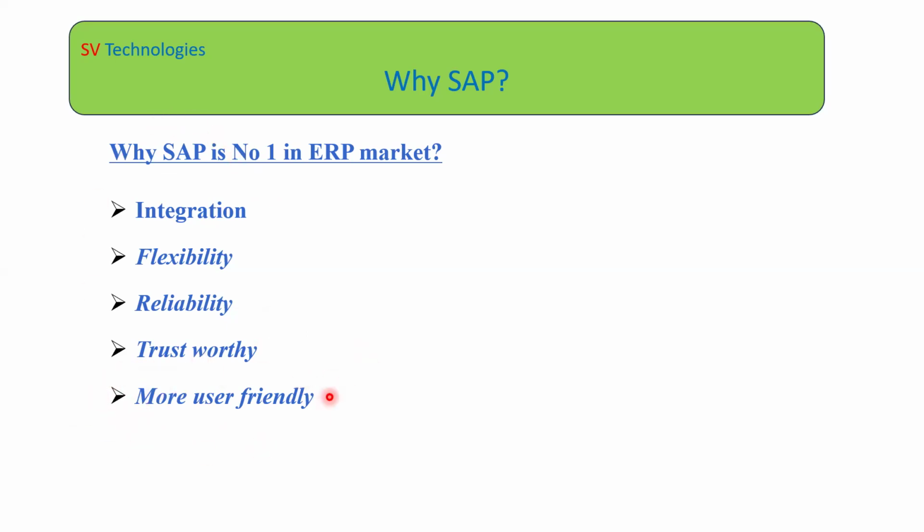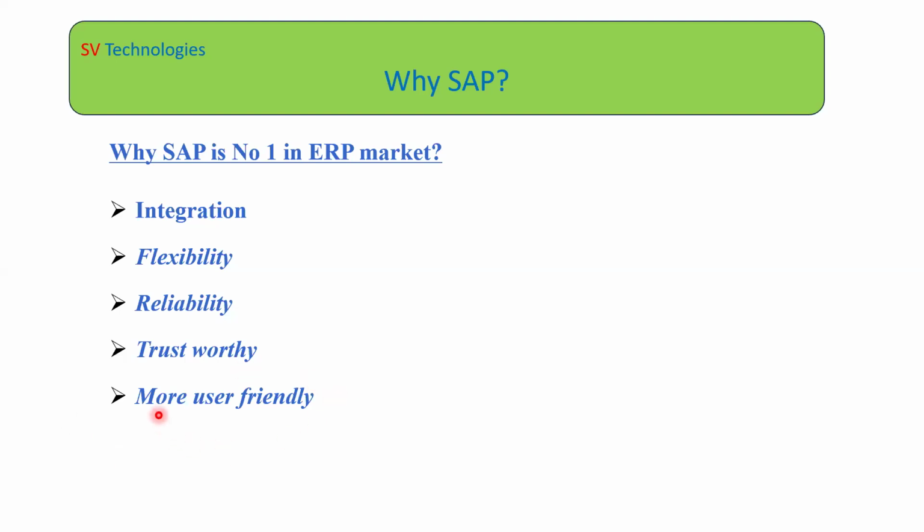Because of that reason, what will happen? If the user is comfortable working in any of the ERP systems like SAP, then they will show their interest to work on the SAP system, I mean the ERP system. Once they are comfortable with the system, they will start working and provide their inputs and whatever requirements they have. That is the major thing. For example, in any SAP implementation project, this is a major factor.